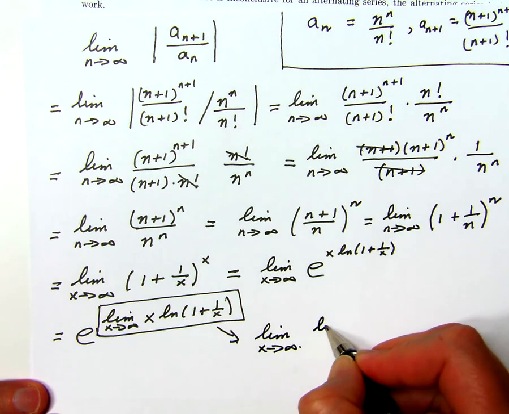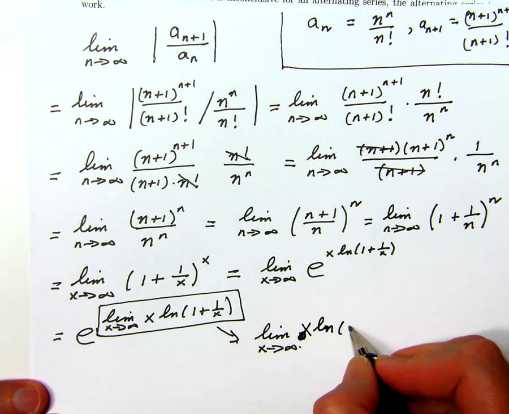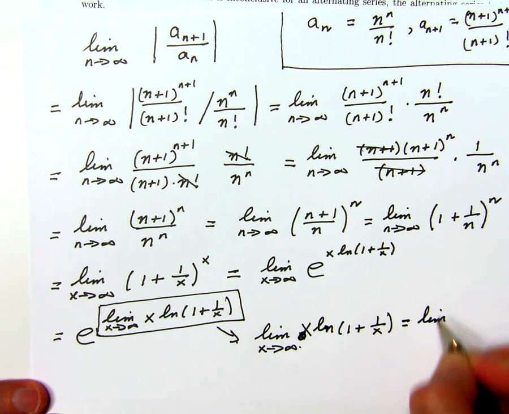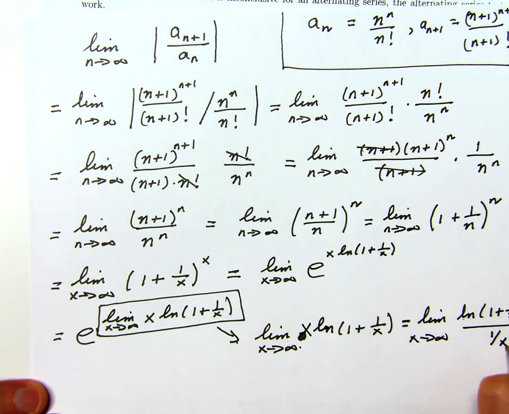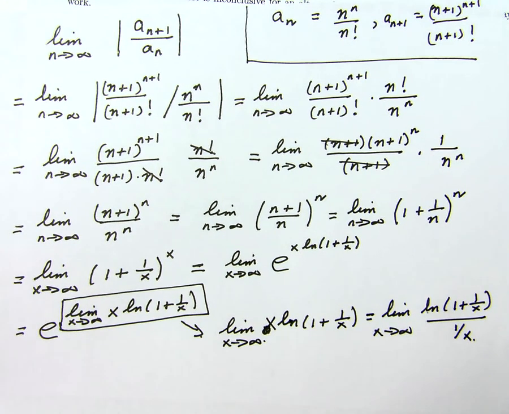So I'm going to calculate that limit using L'Hopital's rule. First I rearrange it so that I can use it. So the limit of x times the natural log of 1 plus 1 over x is equal to the limit as x goes to infinity of the natural log of 1 plus 1 over x all over 1 over x. Now I have one of the basic indeterminate forms on which I can use L'Hopital's rule. This is going to 0 and this is going to 0, so it's 0 over 0. So according to L'Hopital,